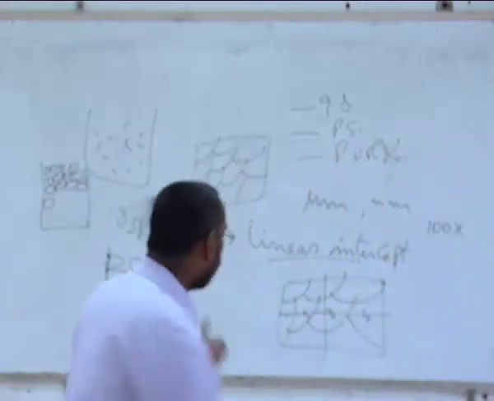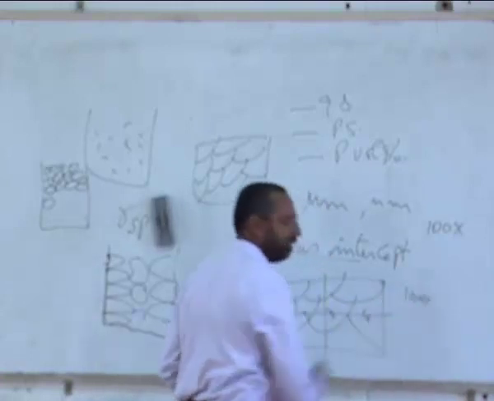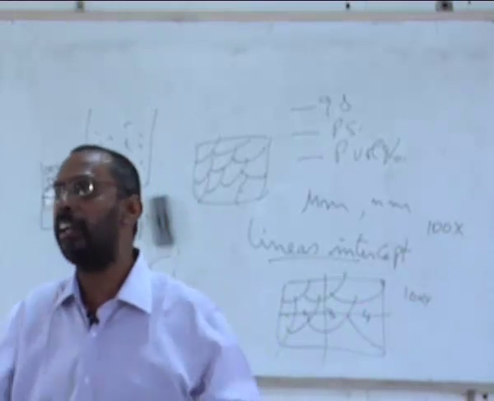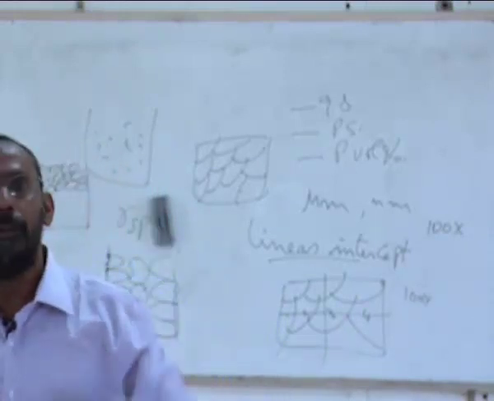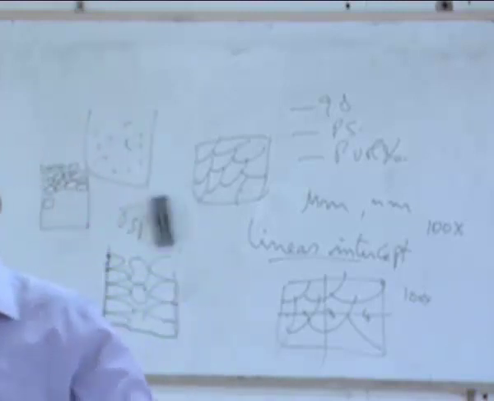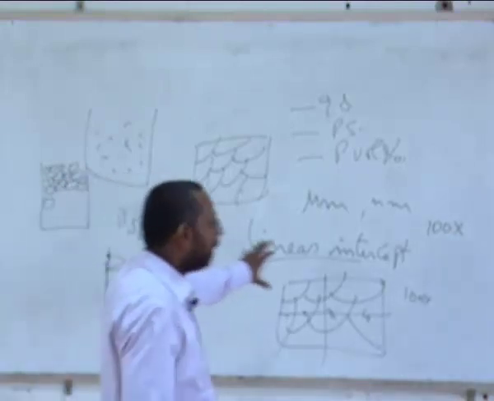And this length is known at a 100x magnification. What this length is in terms of microns is known, because this is a calibrated length. So divide that length by these so many grains, and you will get the grain size in terms of 5 microns or 2.5 microns, or a certain dimension in microns. So this is what we do, a linear intercept method.